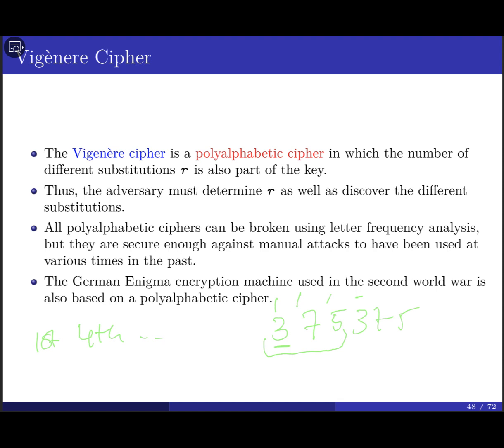Are encrypted using the same key. So I'm going to treat the first and the fourth as one part, as a separate ciphertext. And the second letter, which is encrypted by 7, and the fifth letter, I'm going to treat them separately as another ciphertext. So you can apply the letter frequency and the word frequency in this case.